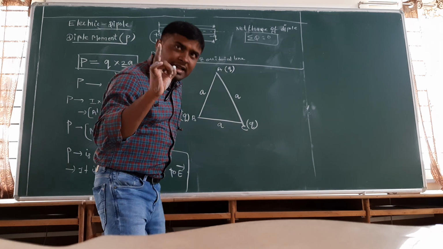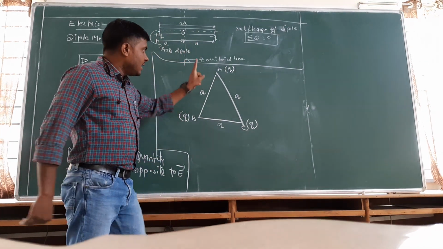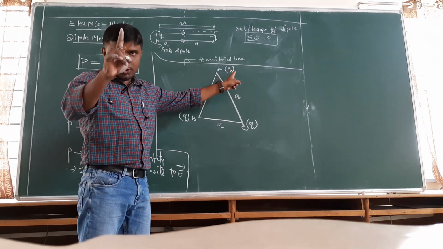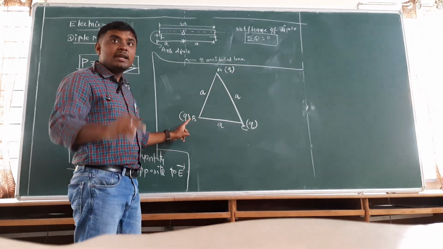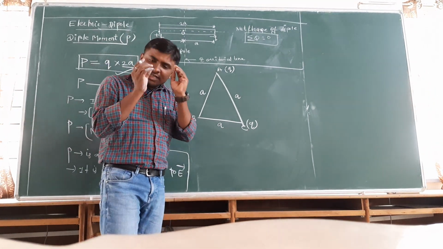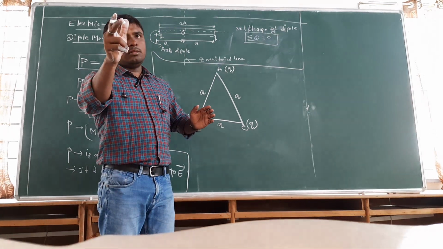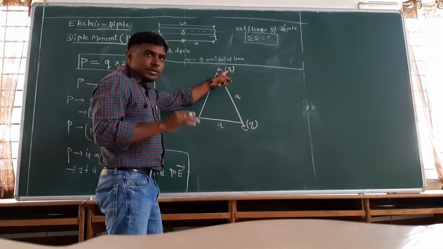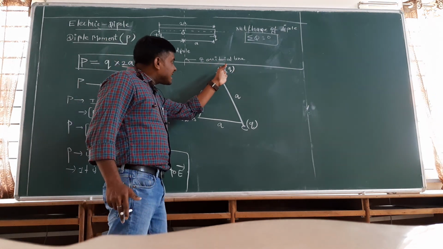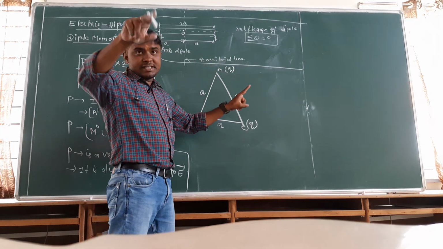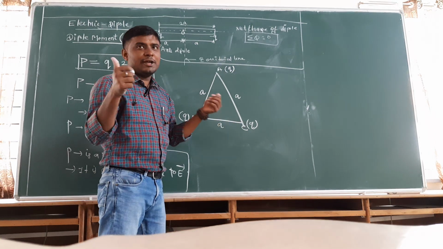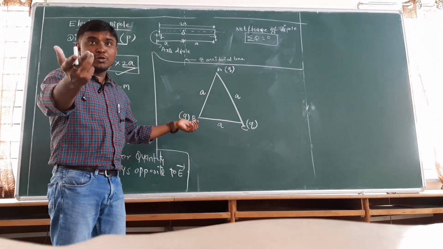how many electric fields will arrive? First you look at that. A has a charge, and it is Q. B also has a charge, and it is Q. We all know that where there is charge, there will be a field. So the A charge, which is Q, will generate its own electric field, and that electric field will create its influence at this point. Similarly, B will also create one.